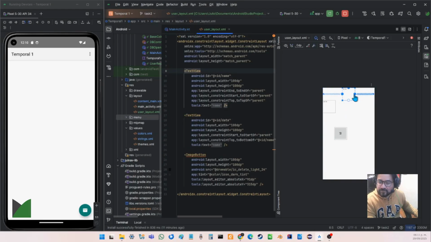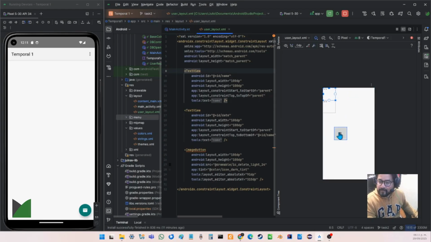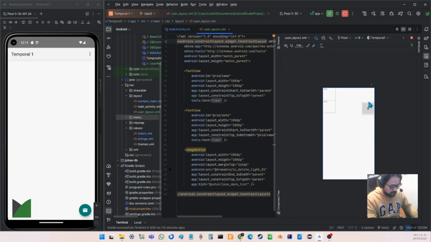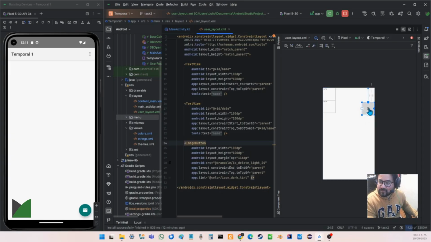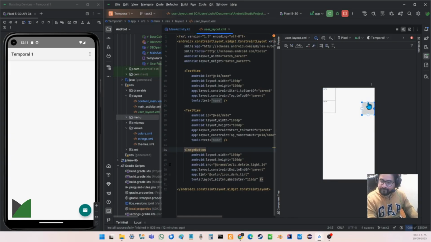I need this constraint to its right, so I need this one to constrain to the end of the bar, so up, and this is not to be constrained to expand, this needs to be constrained to the bottom of the statement, up this